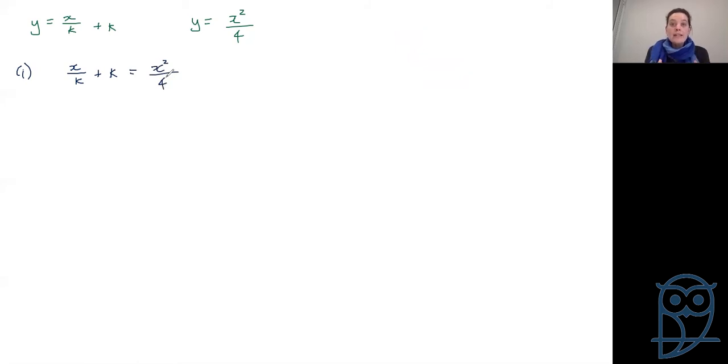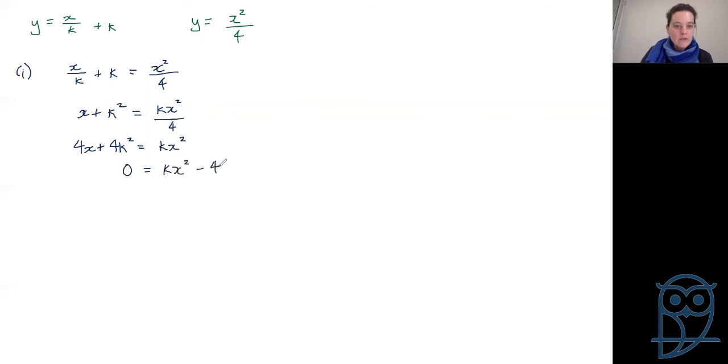We're getting this idea that the two of them interact. They're going to intersect in some way, shape, or form, or not, depending on our discriminant. So let's now get this into a standard ax squared plus bx plus c equals 0. So we'll multiply through by 4k. So we have (x plus k) squared equals kx squared over 4, and then 4(x plus k) squared equals kx squared, everybody on one side, kx squared minus 4x